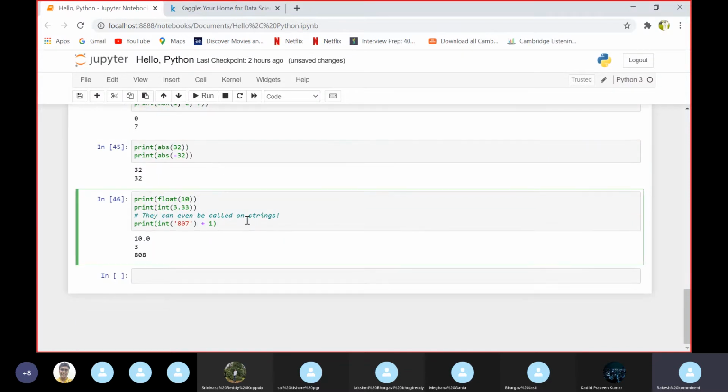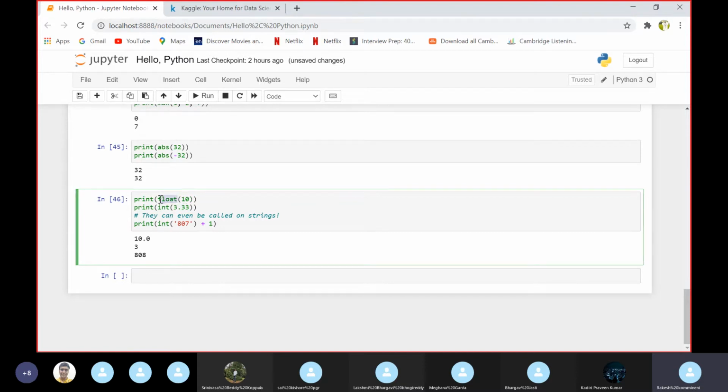Float. And if you want to convert a float value into int, or an int value into float, we can use the float and int functions to convert the values. We can see here we are using this integer 10 to convert to float.